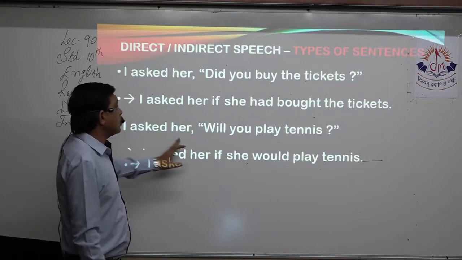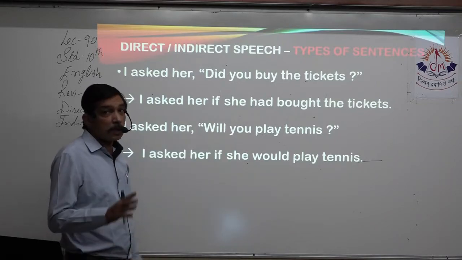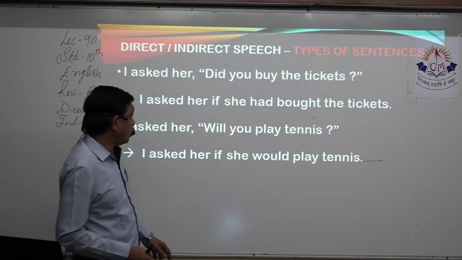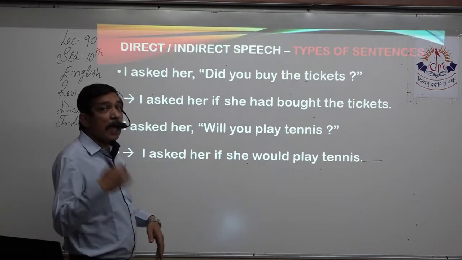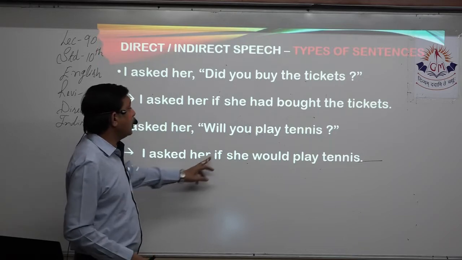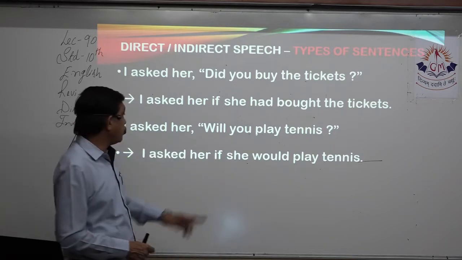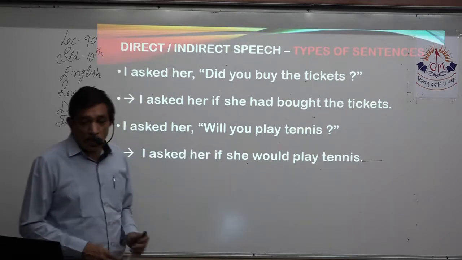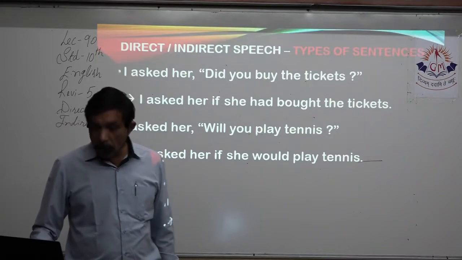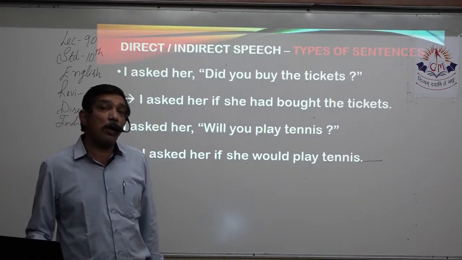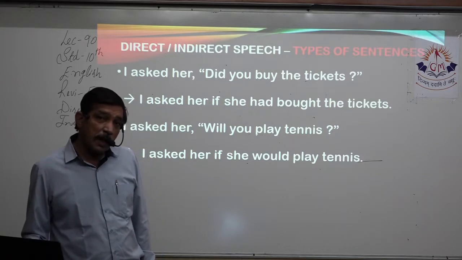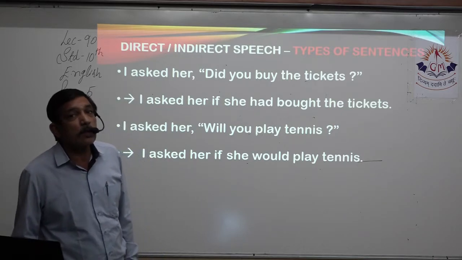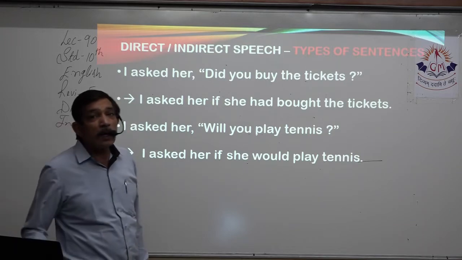Same way I asked her, will you play tennis? Now this is models. So if she played tennis, will you play? This is asking. I asked her if she would play tennis, because we know will changes into would. But again, as will is also considered as helping verb, right? So if there is a helping verb at the starting of the sentence, we take it as a conditional sentence